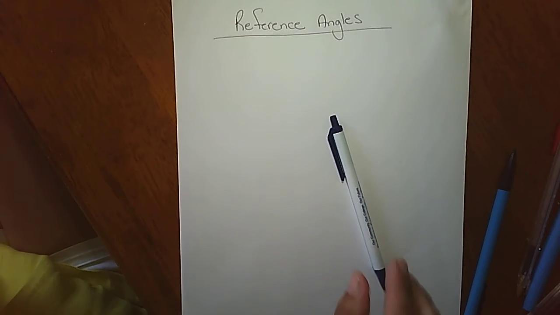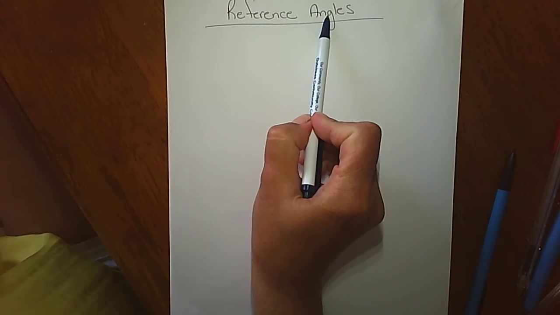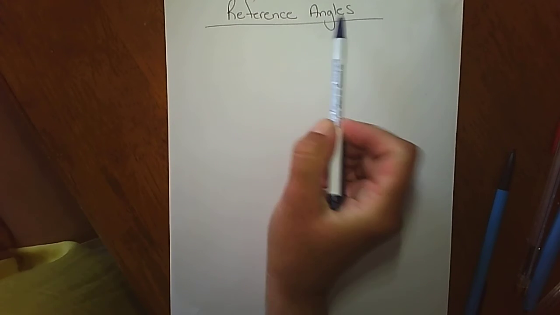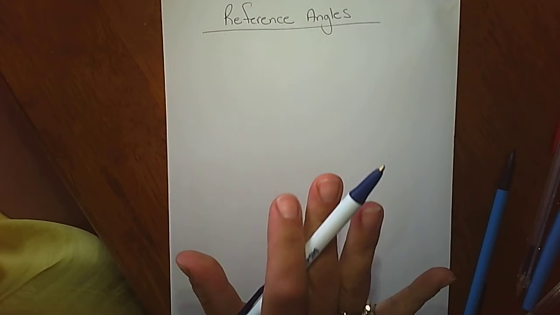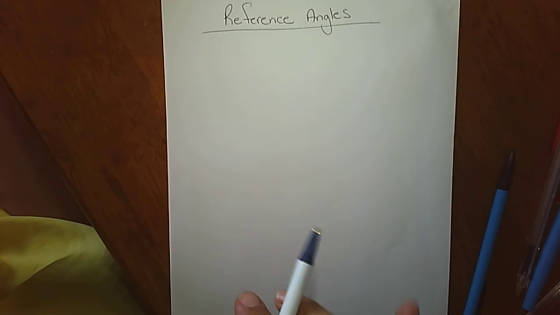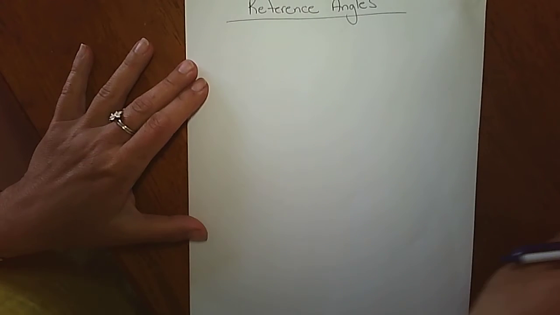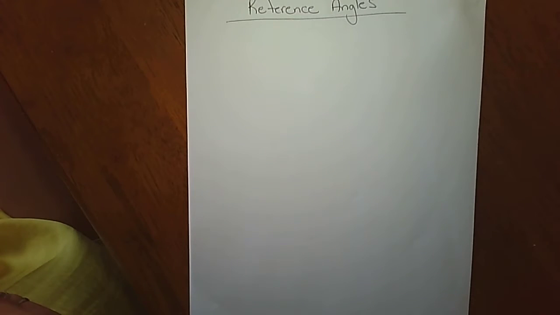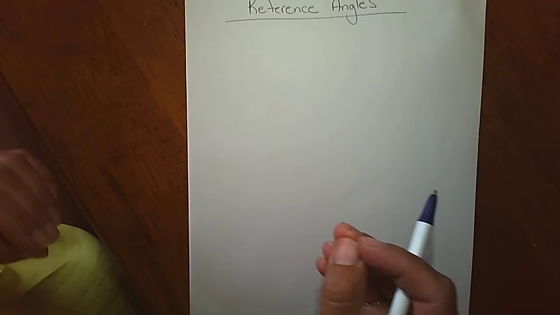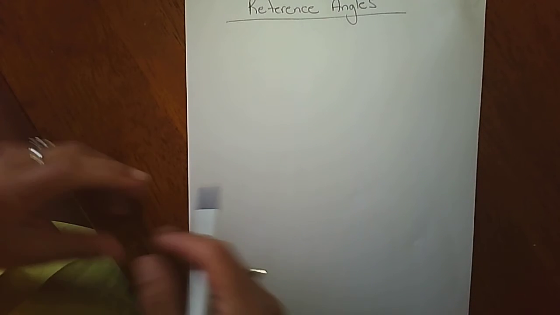Today we're going to continue on with the trig, and we're going to talk about something called reference angles. Now, we've actually been working with these already. I just haven't been calling them reference angles. And basically what we want to think about with this topic is we're doing trigonometry, which is the geometry of